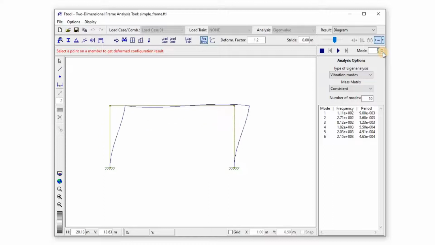Now let me show the results of the vibration modes using the lumped mass matrix. So when I change it, we can see that only 4 vibration modes are computed, since we do not consider the rotational degrees of freedom in this type of matrix. Of course, the values of the frequencies and periods are slightly different, as well as the shape of the modes,